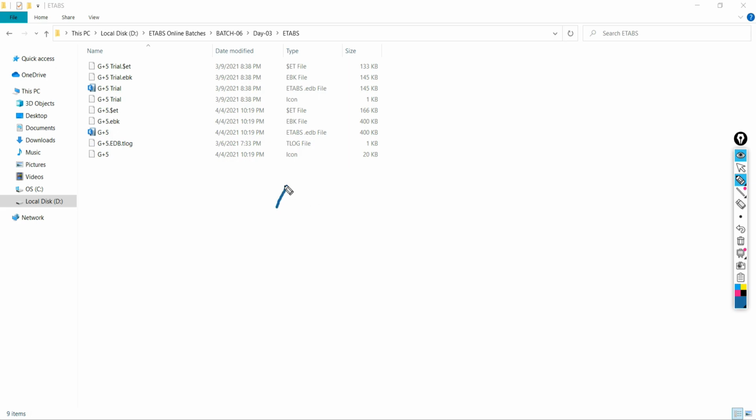Two persons are there, person A and person B. Person A is using the 2015 version of the ETAP software, and person B is using the 2016 version.